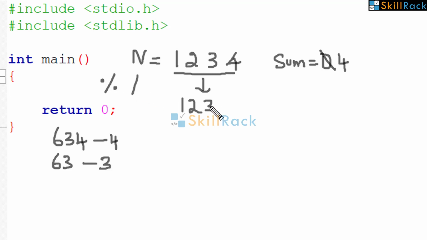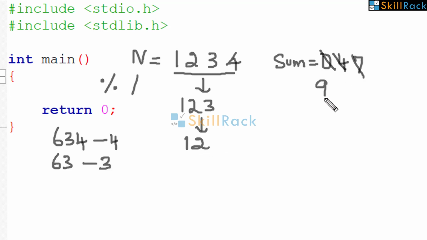So now you use the modulo operator, find the remainder when dividing by 10. It is 3. So add this 3 to the sum. Sum is already 4 here. So it becomes 7. Now we have to reach 2. But 3 is in the way. So to remove that, divide by 10. So this becomes 12. So now find the remainder when we are dividing by 10. It is 2. Add 2 to the sum.